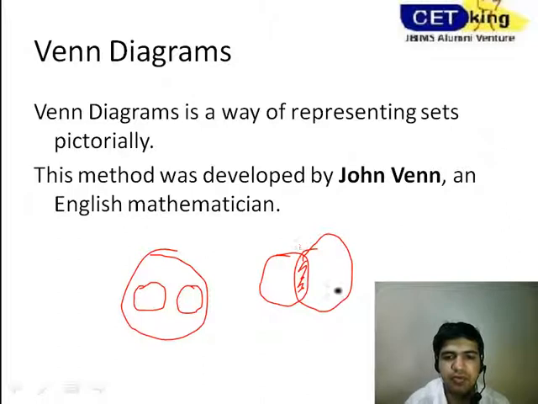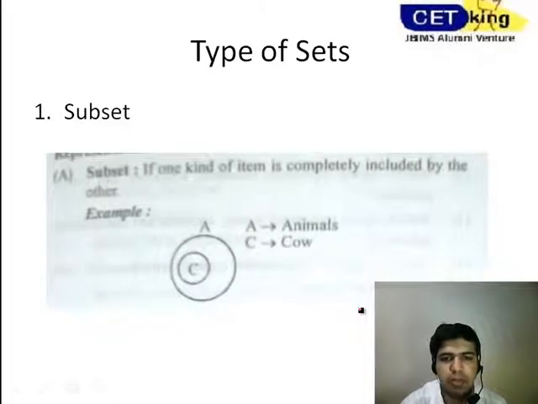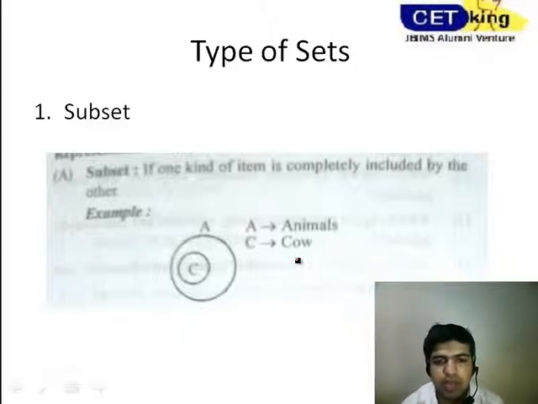Okay, so for approaching these questions, we need to make out some subsets. We have to find out whether a category is a subset of the other. Let's consider it in an example. Say suppose we've been given animals and cow. These are the type of sets where one is a subset of the other. This is type 1. Suppose in the exam we are given animals and cows. So try to relate them and first of all make a subset out of it. Is cow a subset of animal? Yes, all the cows are animals, that is for sure. So this is the diagram that we'll get.